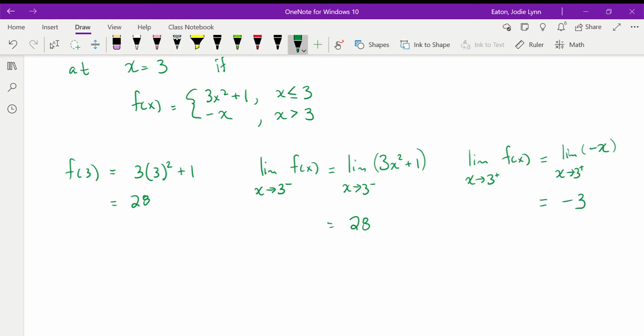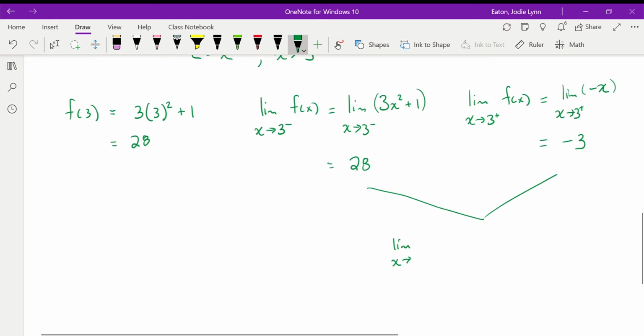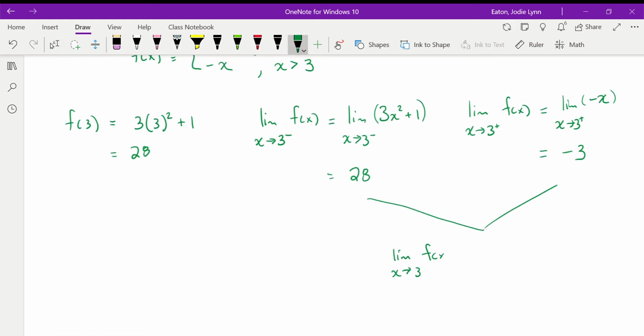Okay, because these two limits are different, the limit as x approaches 3 of f of x does not exist. And so that means that at 3 we are not a fully continuous function. However, because f of 3 is equal to the left-handed limit, we can say that here the function is not continuous